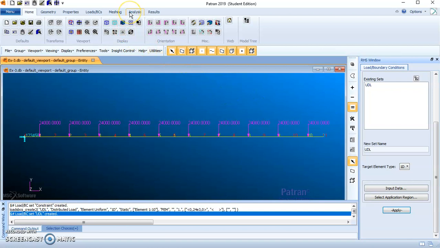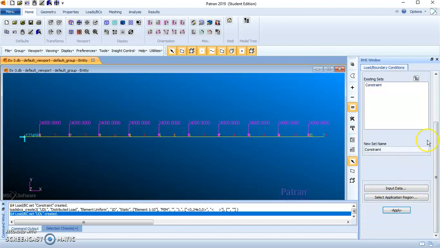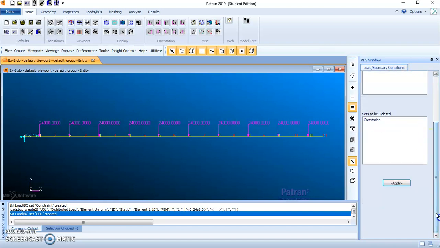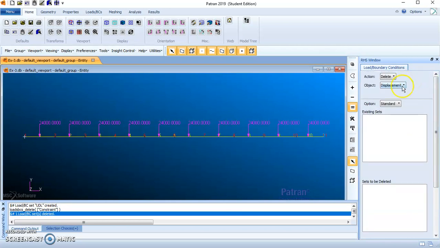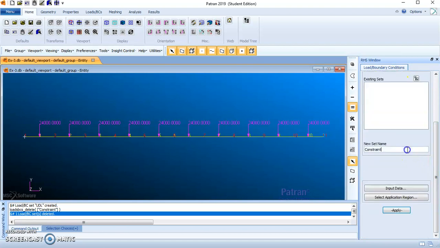Now analysis. Oh, I'm sorry. Here boundary condition displacement I need to fix here also. It is a simply supported beam. So I'll remove this. Delete constraint. Apply. I removed this. So again create displacement nodal constraint I'll give.